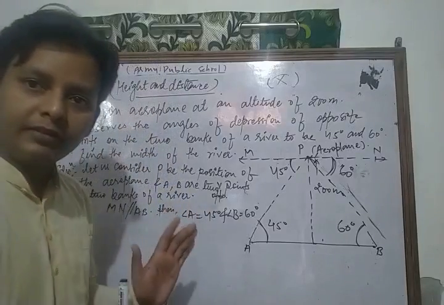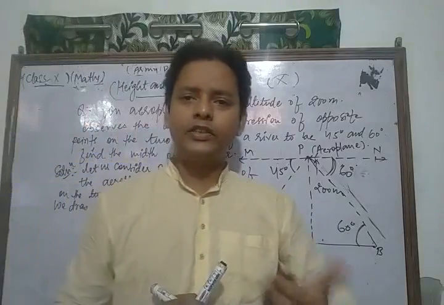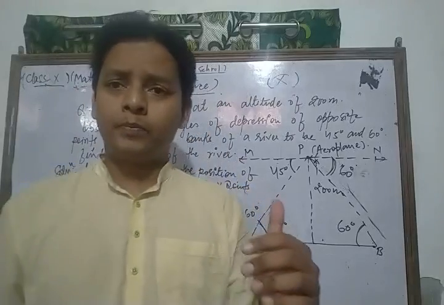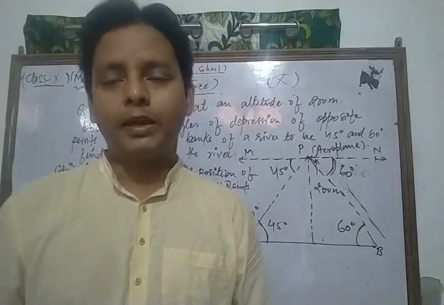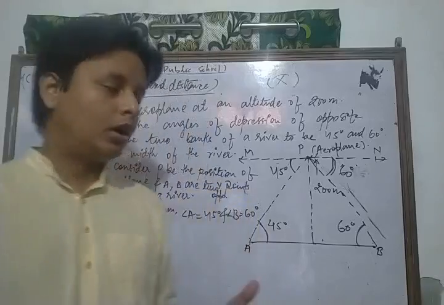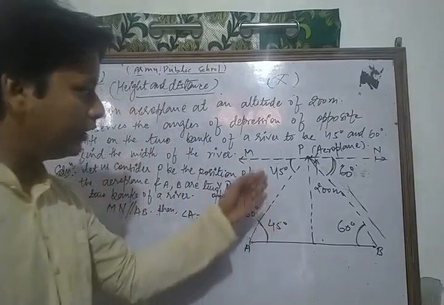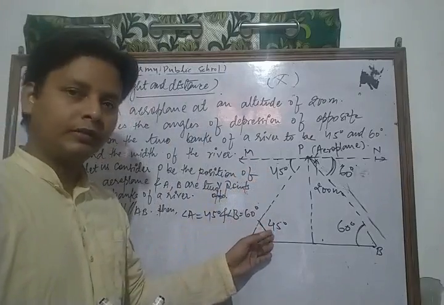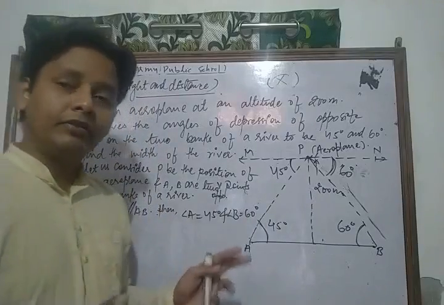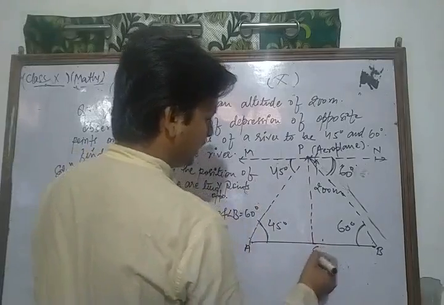Now, is that clear everyone? In all questions in which the angle of depression is given, first of all you convert it into the angle of elevation by the concept of angles made by the transversal. After that you simplify the question in a very easy way. So this is 45, so this is also 45; this is 60, so this is also 60. Now we find the width of the river. Suppose that point is taken as C.